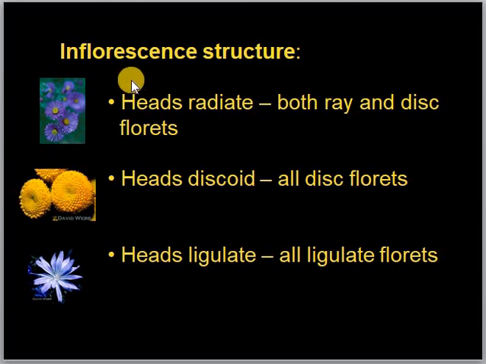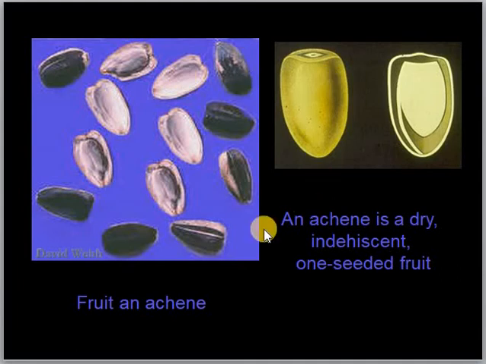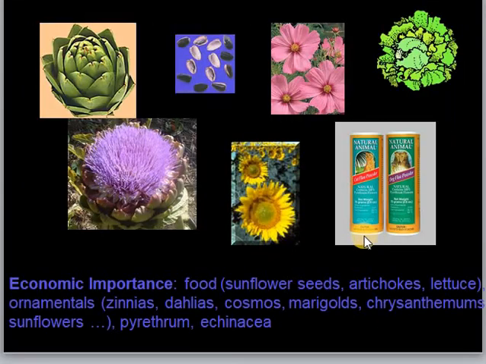In some flowers, the large ray florets are not seen, and only disc florets are seen inside. These are called ligulate. These are formed of all florets, or all florets are ligulate florets. So this is called ligulate heads. And the fruit is called an achene. Here the fruit is called achene, and the fruit is a dry indehiscent one-seeded fruit. For that, you just have to recall the seed of the marigold. If you cut open that small structure, you know that inside there is an achene fruit.